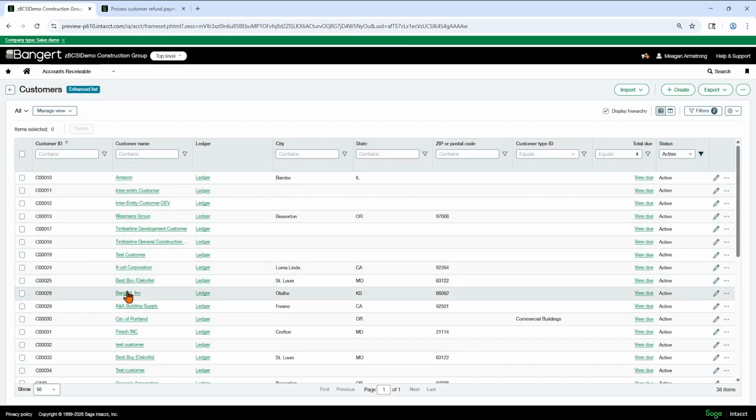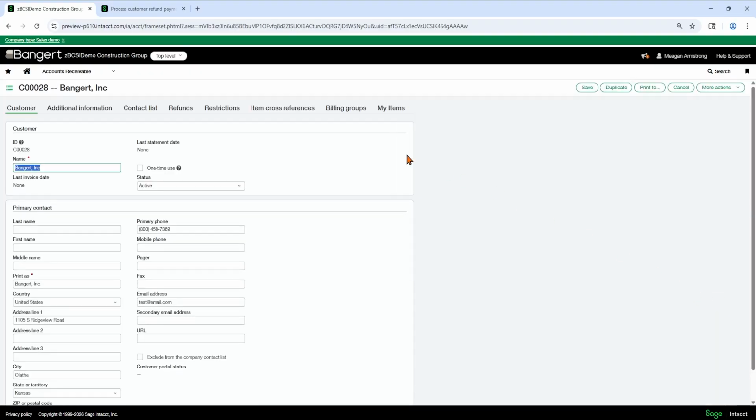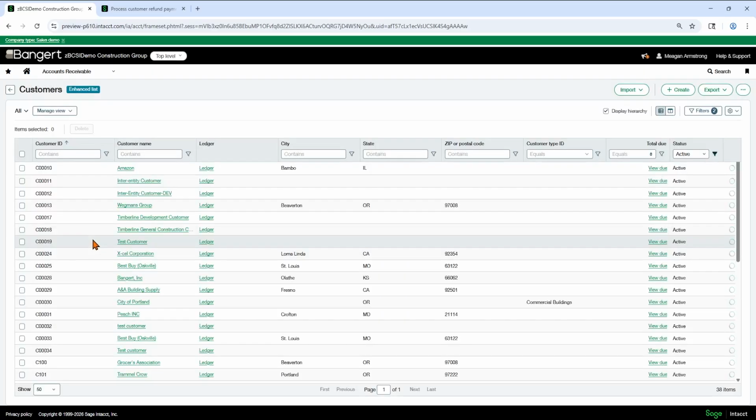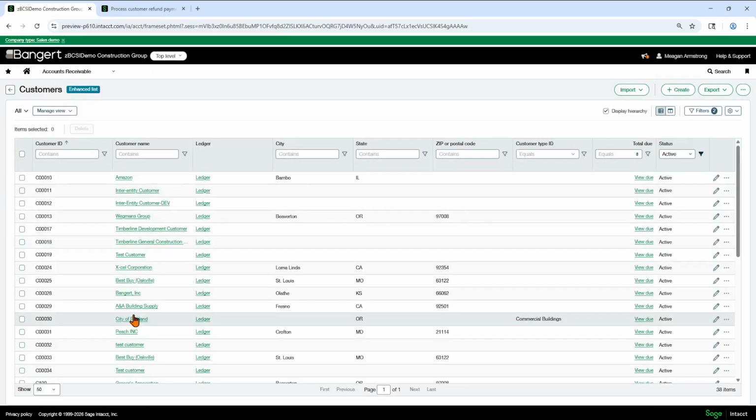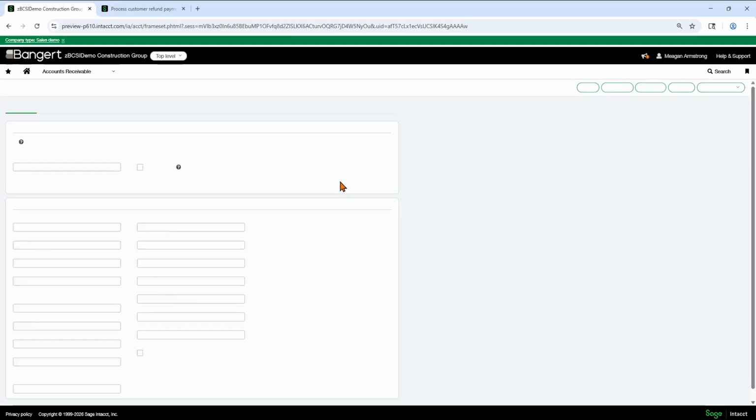So we'll go to Banger Inc., our favorite customer. And now there's a refunds tab. So I've got this turned on to auto-generate, and it's got a link to a vendor that's auto-generated because I was testing this out earlier. So I'll hit cancel, and then let's go to this Peach Inc. here, and let's give them